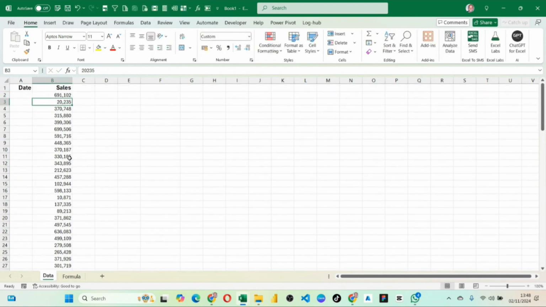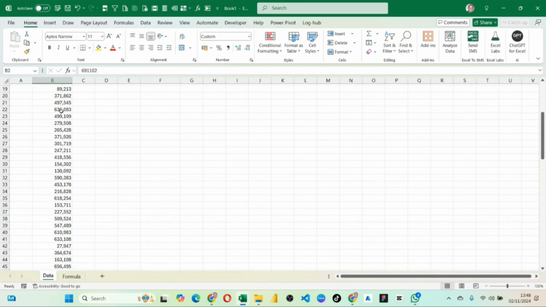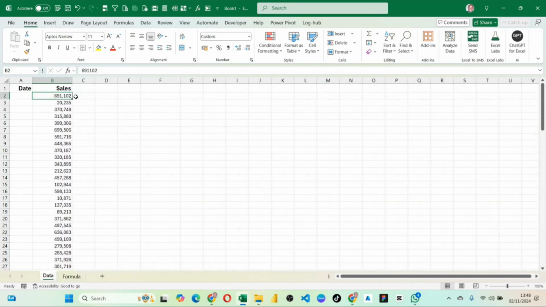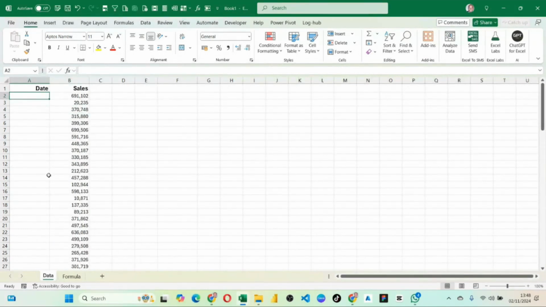I wanted my data not to keep changing. But remember, we created our own data using the RANDBETWEEN function. I'll put for you how we use them. Still, we want to create our own dates, between 1st of January to date. So first of all,